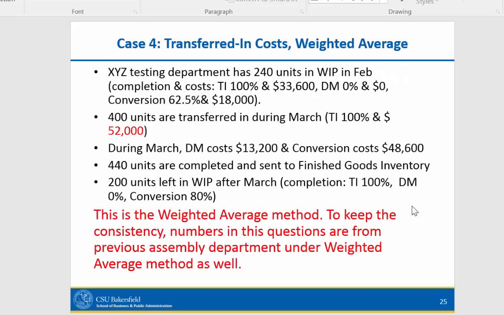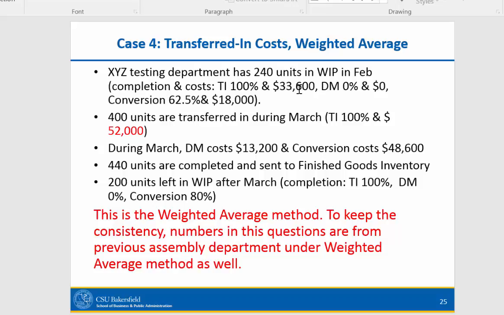Now let me go to case 4. In case 4, we are going to take a look at a particular example, which is the extension of the previous slides. We're looking at the second department, the testing department now. Again, I'm going to start with the weighted average method. XYZ testing department has 240 units in WIP in February, and we have the completion and cost. Transferred in is 100% for sure for those 240 units left in WIP in the testing department. So transferred in is 100% complete,